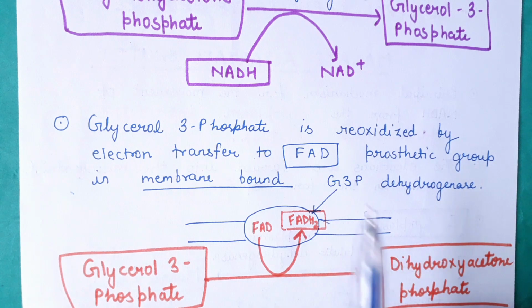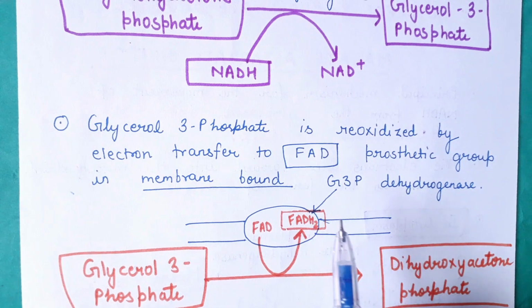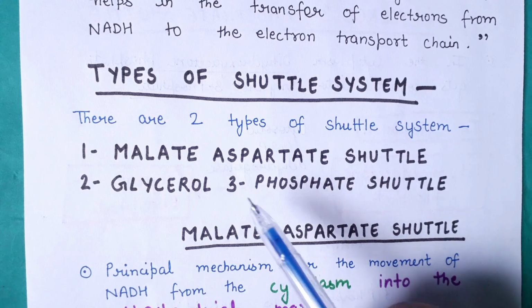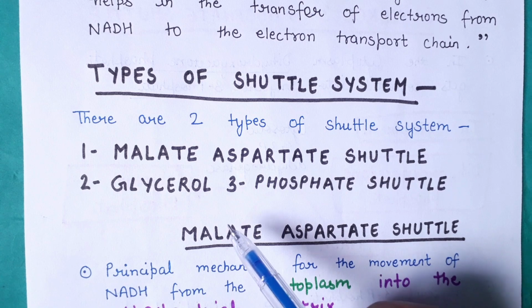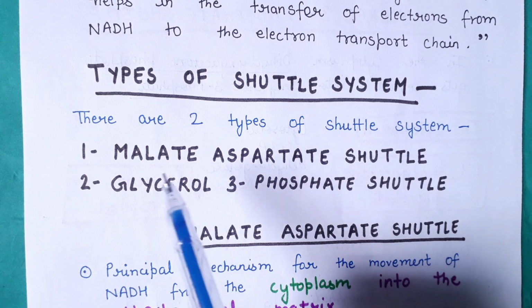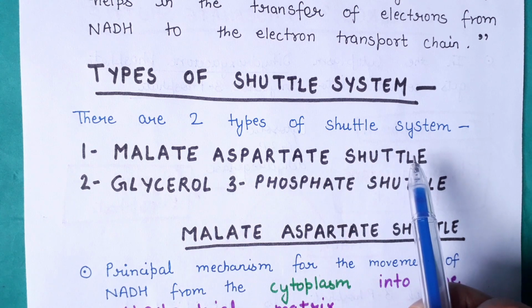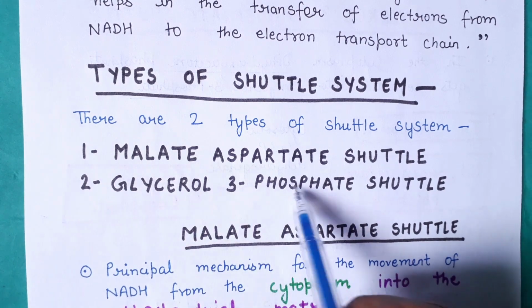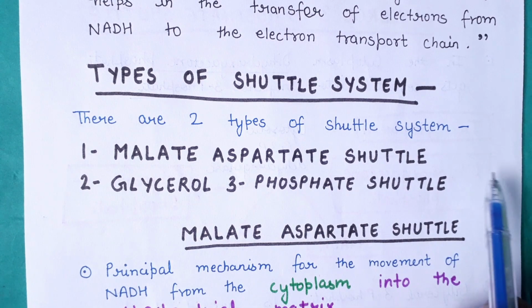able to get 2.5 ATP. However, from one molecule of FADH2 you will be able to get only 1.5 ATP. That's why there is the variation of 30 to 32 ATP in the net gain in respiration. So the overall energetics of respiration depends upon the type of shuttle system used. If the malate aspartate shuttle is used, then there is a net gain of 2.5 ATP. But if the glycerol 3-phosphate shuttle is used, then there is a gain of 1.5 ATP.